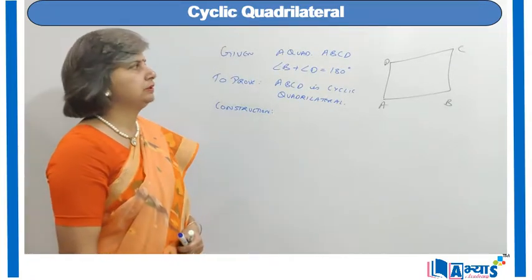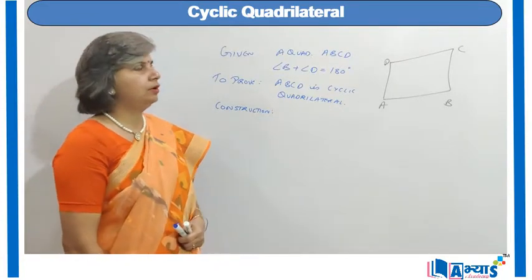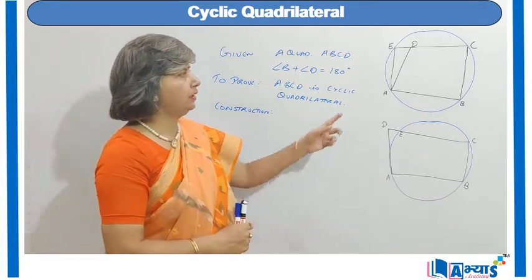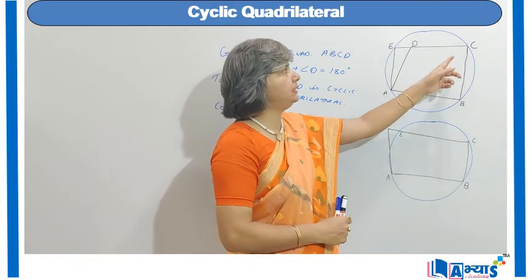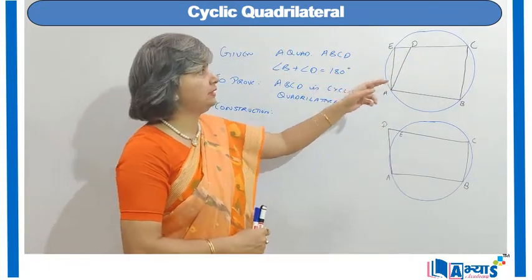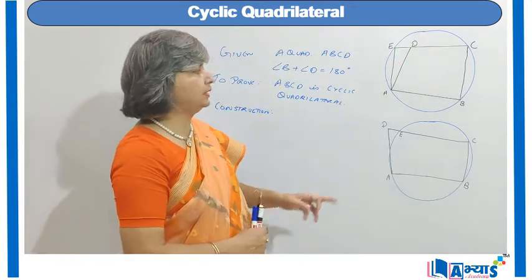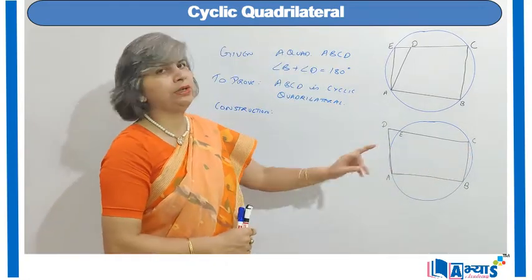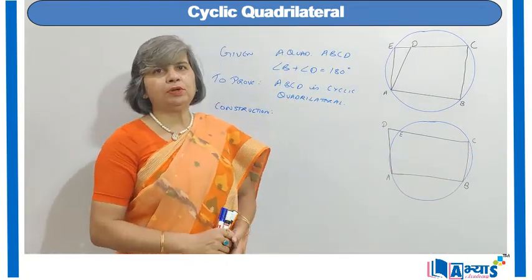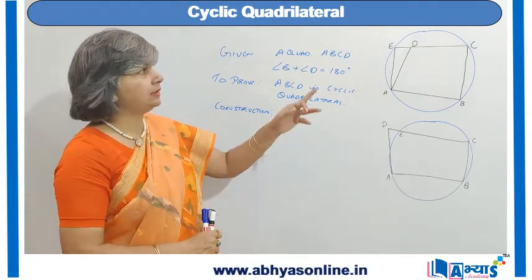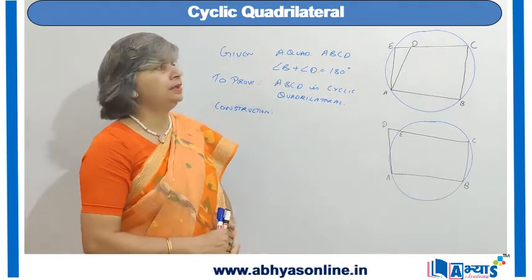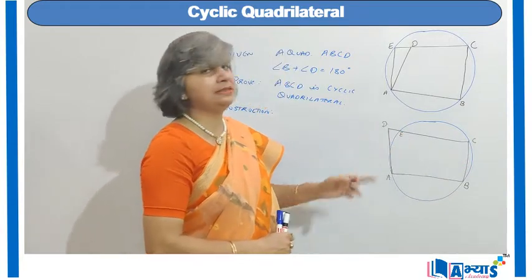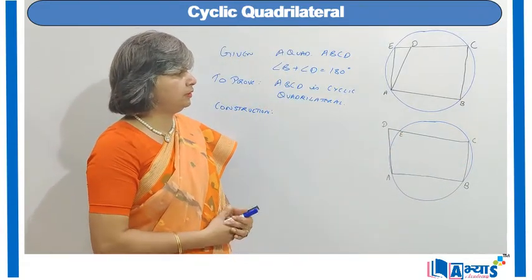So there can be 2 situations: either the circle will cut line CD or the point D will be inside the circle. So now I have drawn the 2 situations. In case 1, the circle is passing through A, B and C and through point E such that CD is extended to point E. In the second situation, the circle passing through A, B and C will cut CD at point E. That means in the first case the point D was inside the circle, so I extended the side CD to meet the circle at E and then I joined AE. And in the second case, as the circle is cutting the side CD at E, I will now join AE.